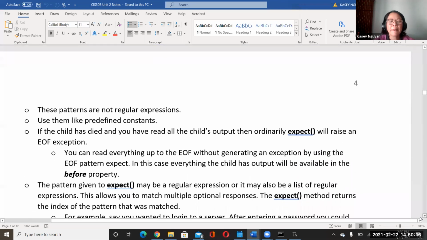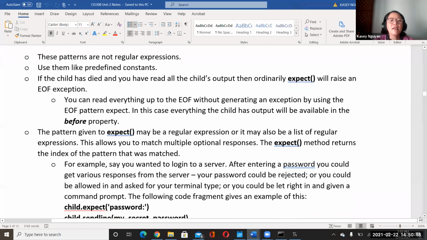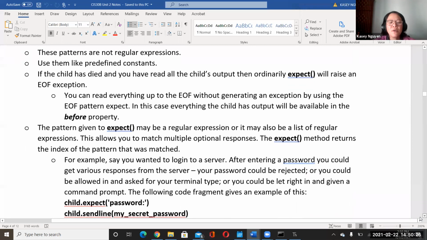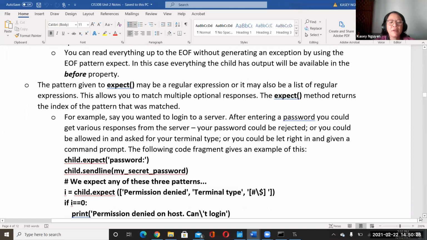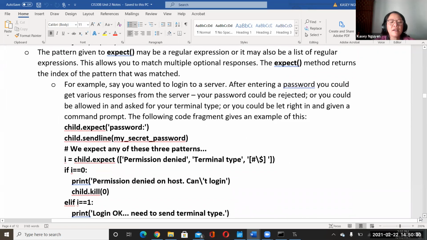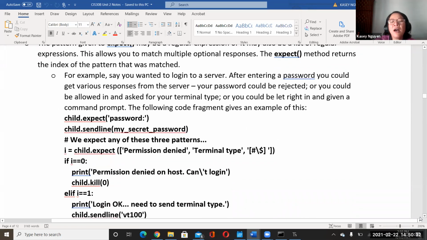Okay. And also incorporating the properties that we talked about, before and after. So the example that we see here is how we would set it up to log in to a server, right? After multiple failed attempts, the password would be rejected and it will lock us out.